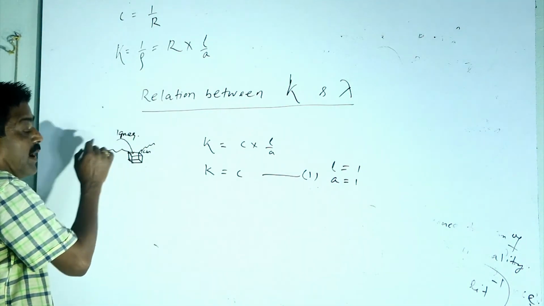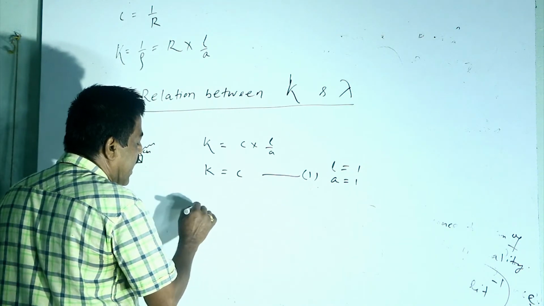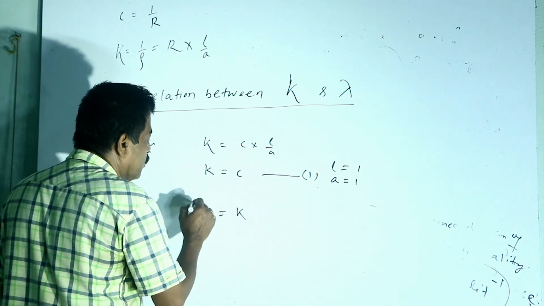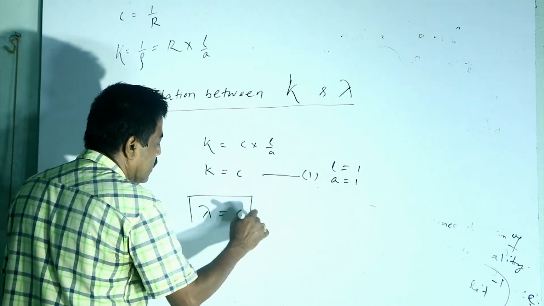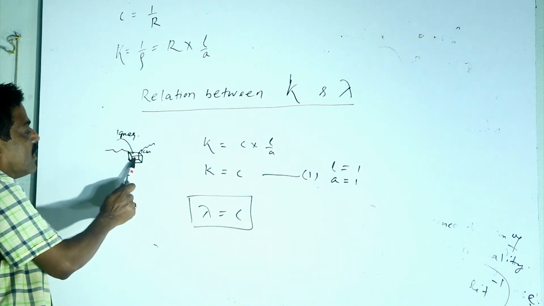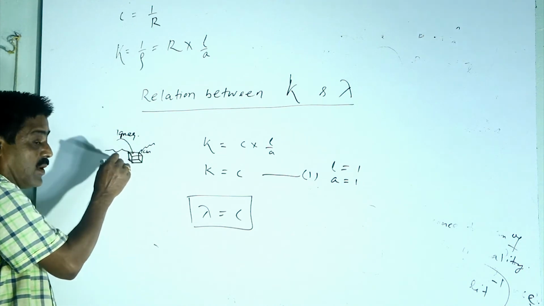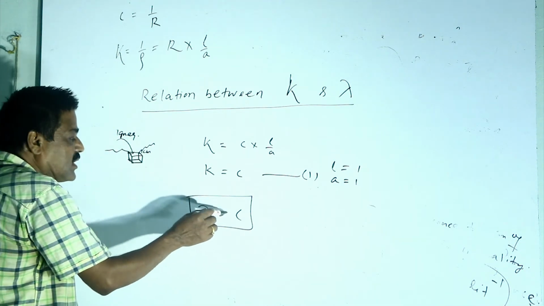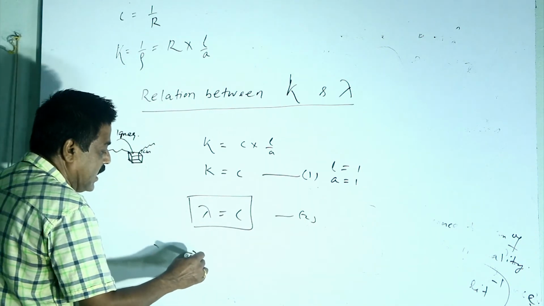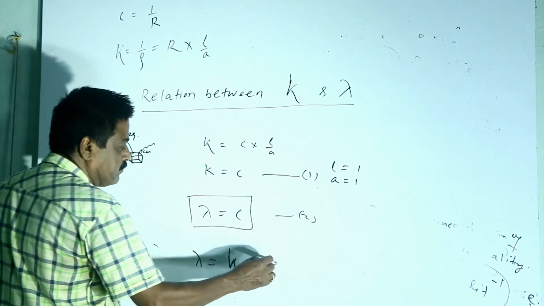And if 1 gram equivalent electrolyte is there, then what happens here? Lambda is equal to C here. Lambda is, according to definition, the conductance of 1 gram equivalent electrolyte, called the equivalent conductance. So as 1 gram equivalent electrolyte is there, the conductance is equal to the equivalent conductance. This is relation 2. Comparing these two, you can easily write lambda is equal to kappa, specific conductance, here.